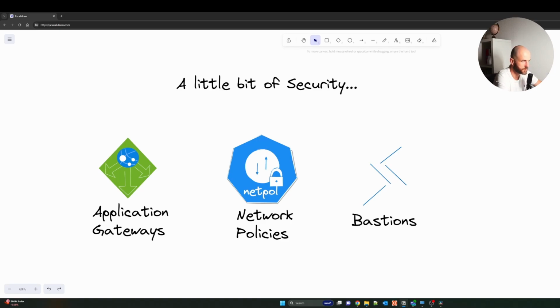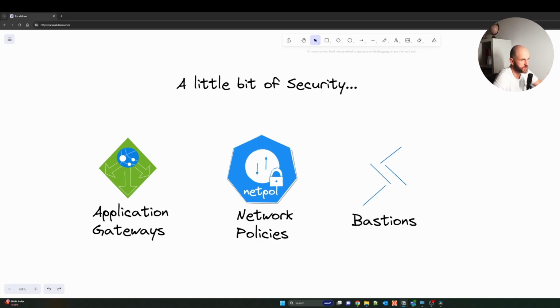Then we have network policies. By default, all pods in an AKS cluster can send and receive traffic without any limitation. So you can see network policies like firewall rules, I would say. Indeed, you will be able to define rules that control the flow of traffic. For example, we can think about backend applications that are only exposed to required front-end services, or database components that are only accessible to the application tiers that connect to them.